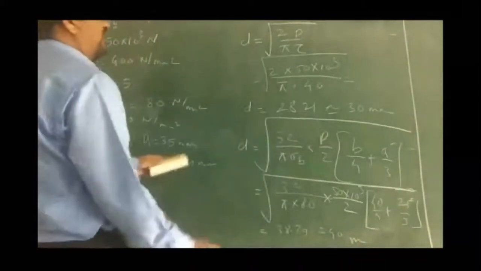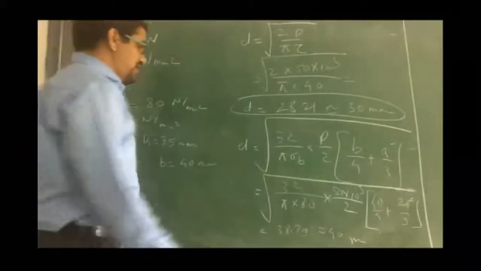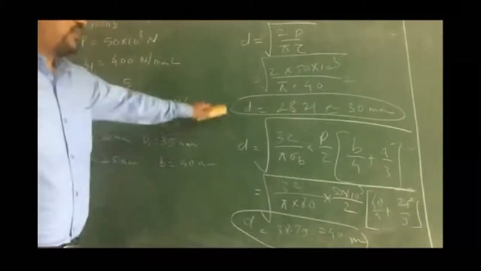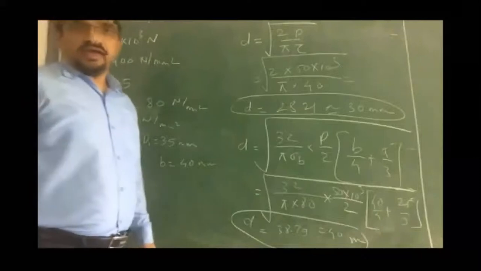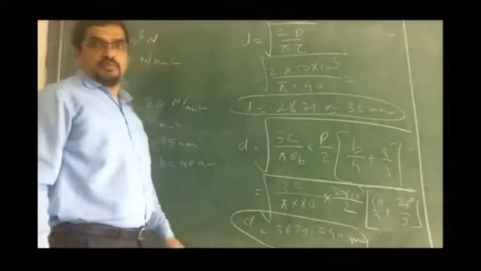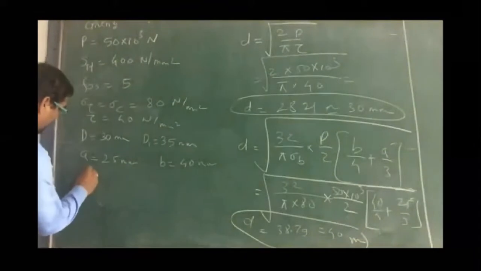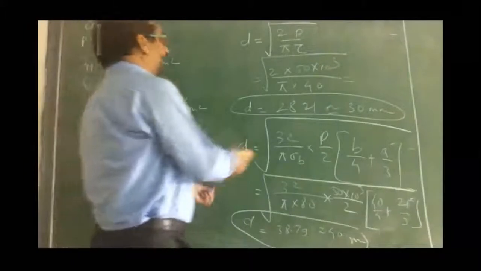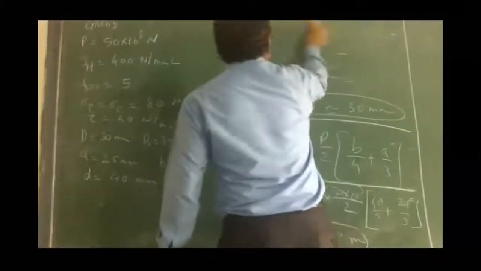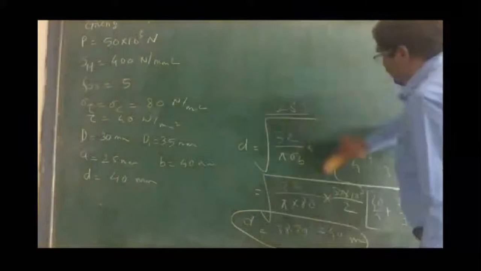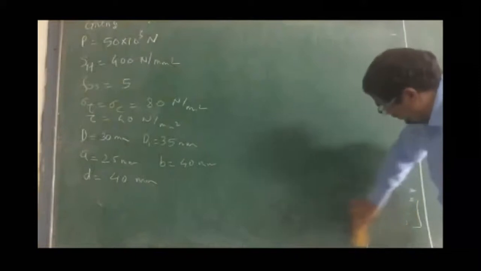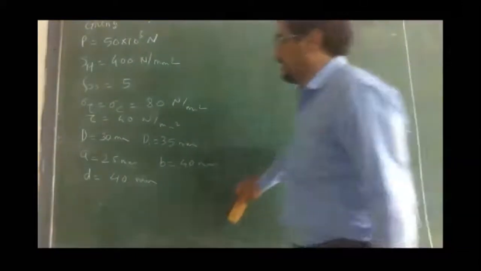So we got this now. For shear the diameter is 30, and for bending the diameter is 40. The larger of these two is 40 mm, right? So we'll take the diameter of the knuckle pin as 40 mm. So the allowable or safe diameter for the knuckle pin, which will not fail in shear as well as in bending, is 40. So we got d now.